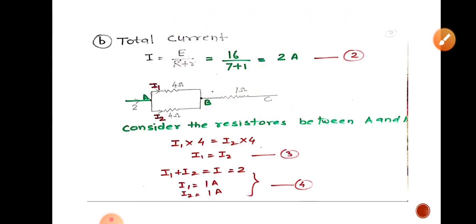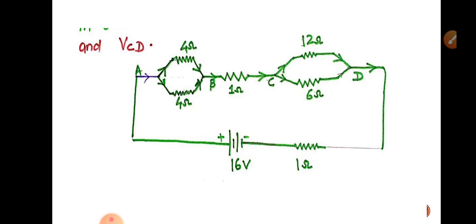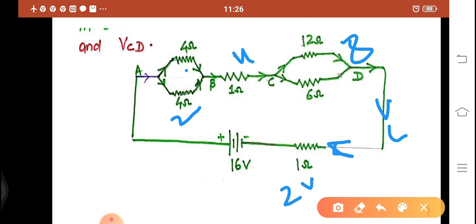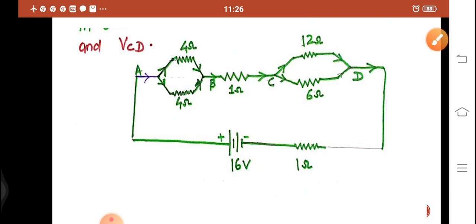See this. Here 4, here 2, here 8. 2, 4, 8. How much is it? It is 14. And since current is 2 ampere flowing here, the potential drop will be 2 volt. So 2 plus 4 plus 8, 14 plus 2, 16. This is 16. It is equal to this 16. So like this we can solve resistance questions.